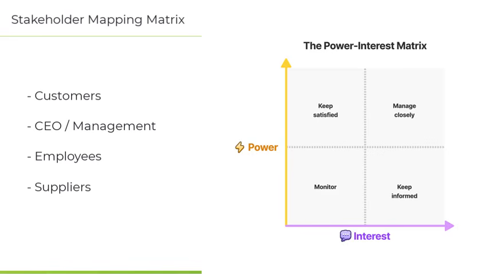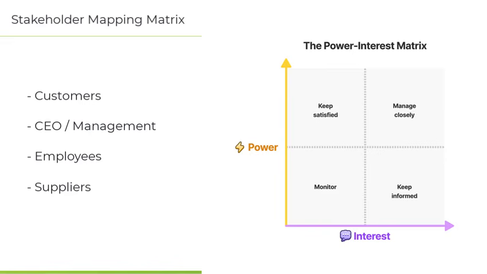As you can see here, I've added some of the general stakeholders that a project might have, such as customers, your CEO or your management team, your employees, and your suppliers. So these are some of the types of stakeholders that you would need to consider while going through any future project. And if I was to take a general perspective and place these on the stakeholder mapping analysis matrix as an example,